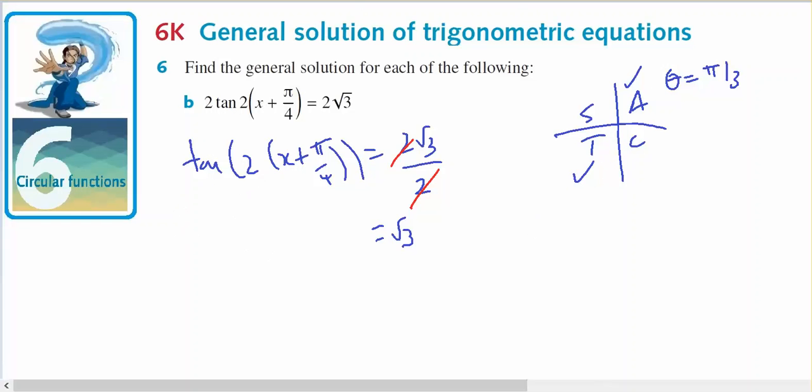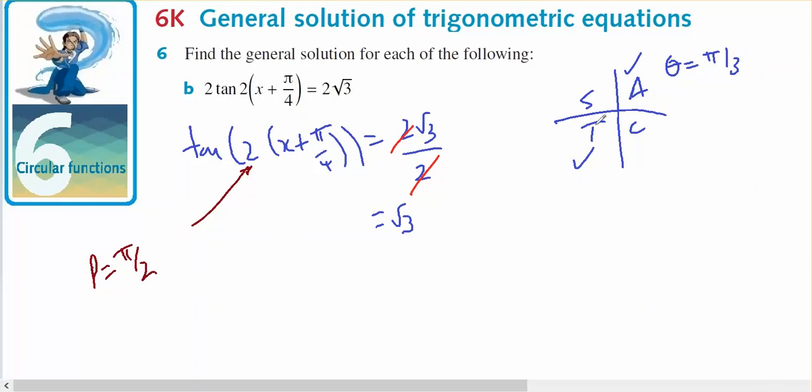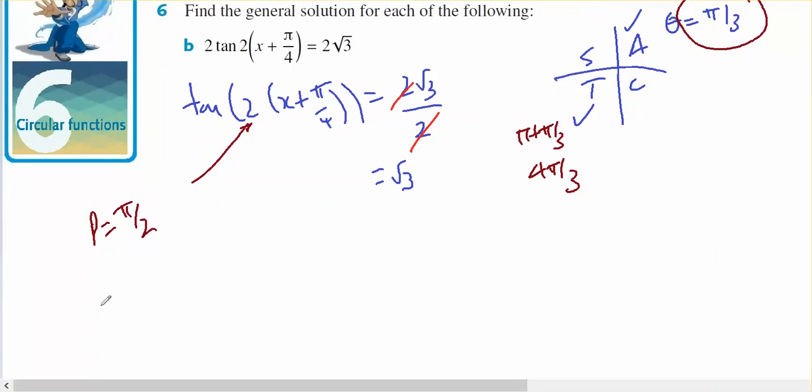And this particular tan function has a period of pi on 2, which means I'm looking for a general rule, so it doesn't matter about how many solutions there's going to be. So I'm going to find a solution in each of these quadrants. That will be pi on 3, and this will be pi plus pi on 3, which is 4 pi on 3. So one solution, one option,